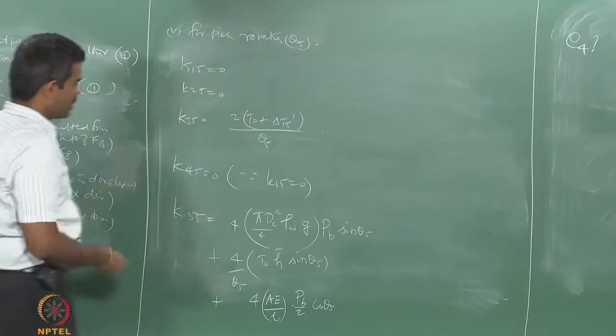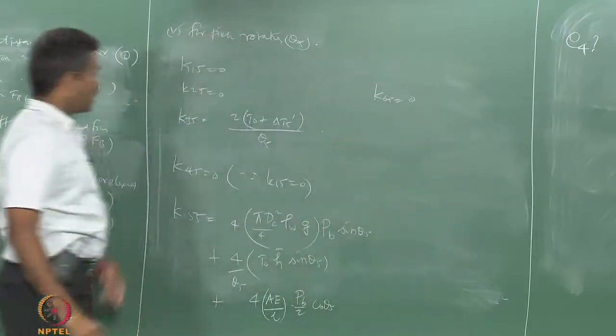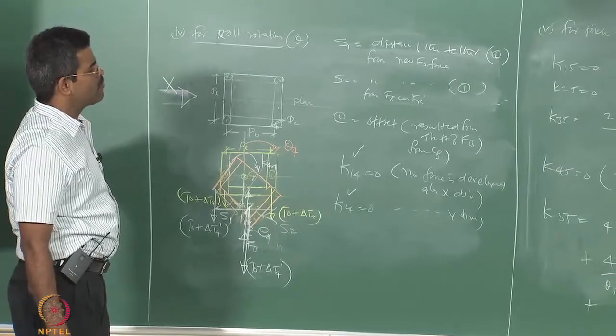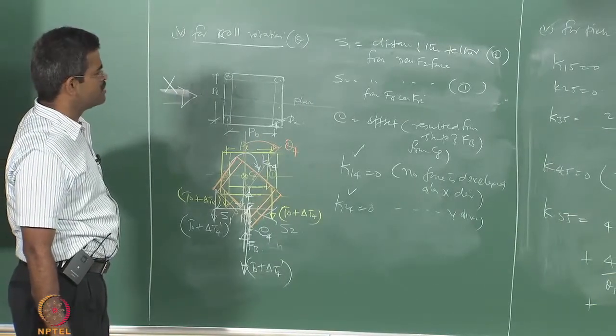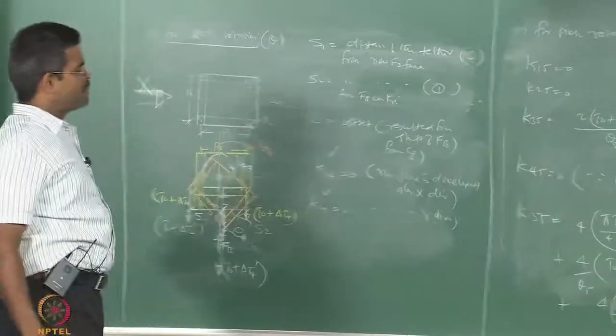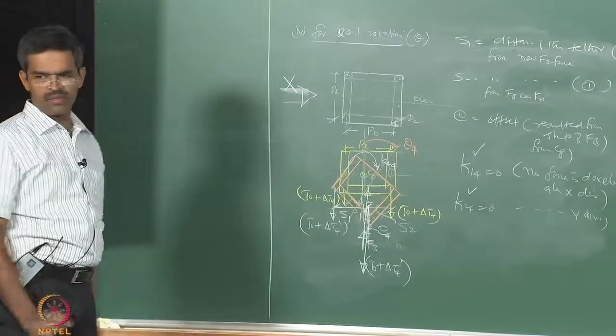So I have now K6 phi is 0 due to symmetry. I have the fifth column of the matrix now. We have the sixth column, which is yaw. We will do that in the next lecture. Then we will talk about some important characteristics of the stiffness matrix. We will talk about the mass matrix derivation. Then we will move on to the damping matrix of TLP. Then we will talk about the solution procedure for TLP.